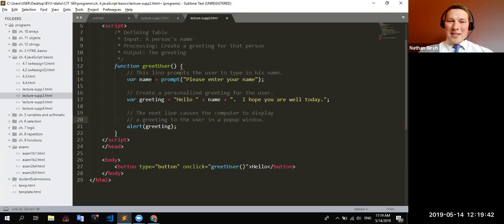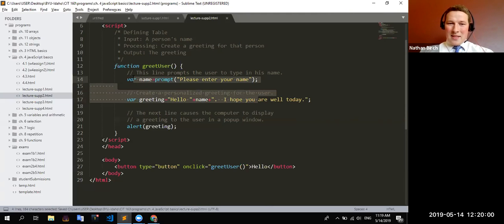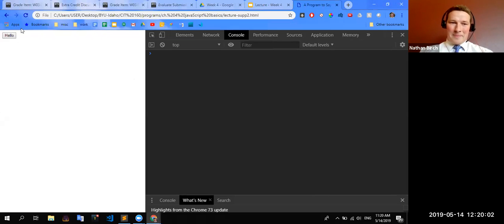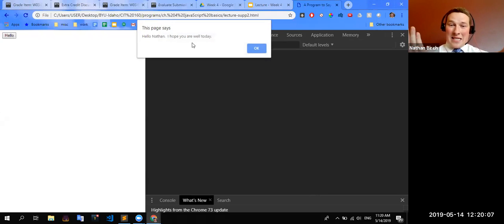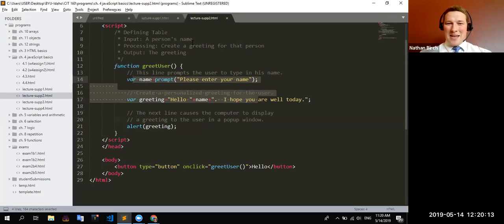Okay, now all these other spaces, like around the equal signs and around the plus signs, you actually don't have to have those. So if I took these out, and if I took these out as well, okay, it's a little bit scrunched up, but nothing wrong with that. If I ran this again, type in my name, you can see it did the exact same thing. Okay, the computer didn't find any difference in what I did. The only difference is in your preference.